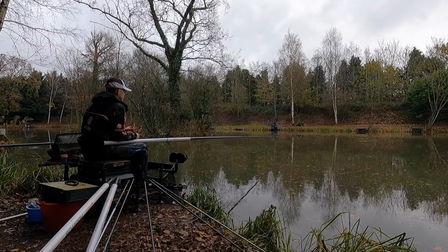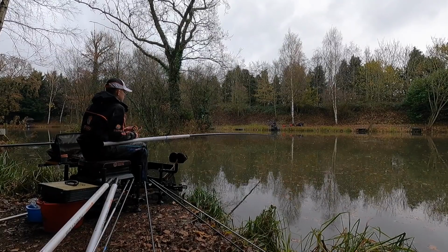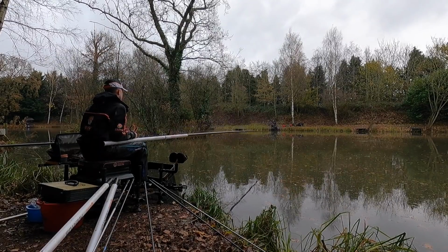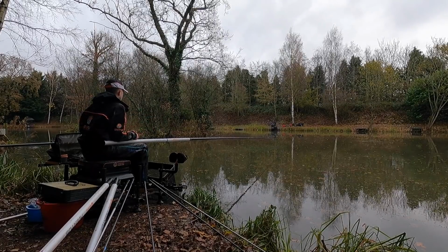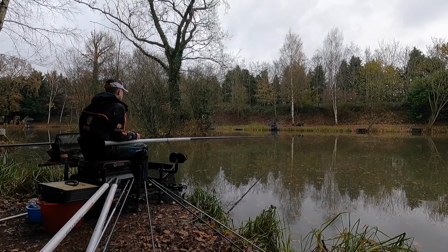Obviously I've no idea what the other lakes are fishing like. I feel like I've got a lot of catching up to do if I want to frame in the match. But it's certainly doable if I can keep fish coming. I need to catch a bit faster than this, but